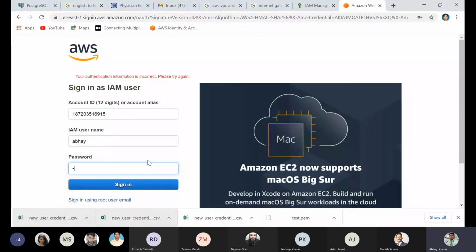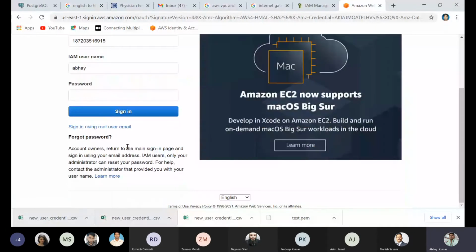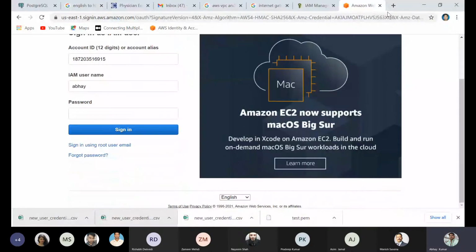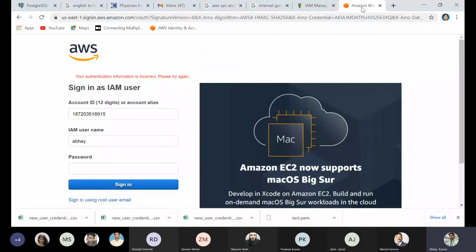Actually, I forgot the password, and that is the issue. Here is the password, but we cannot use this password for logging in. The password we created at the time of login is the only one that will work. My console, the problem, I will log in with that. So I can log in as root user.